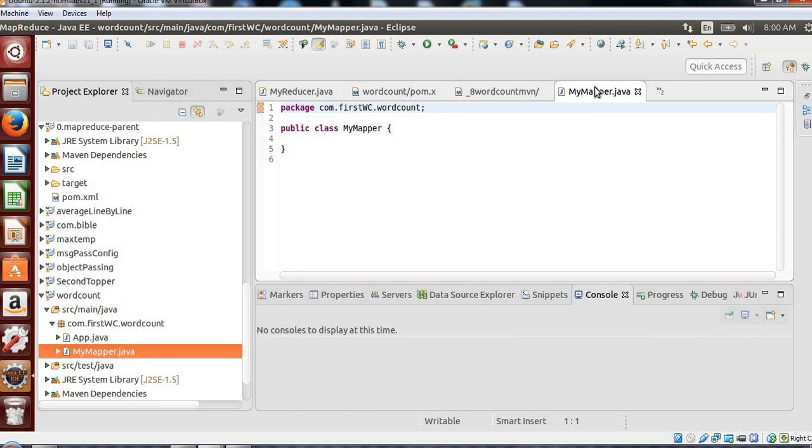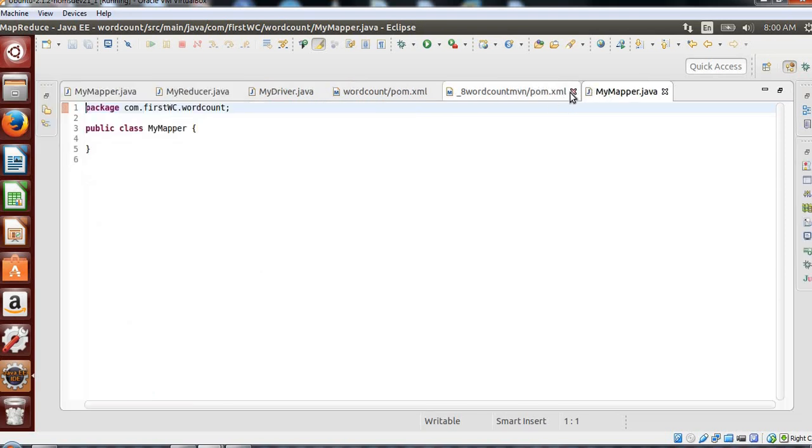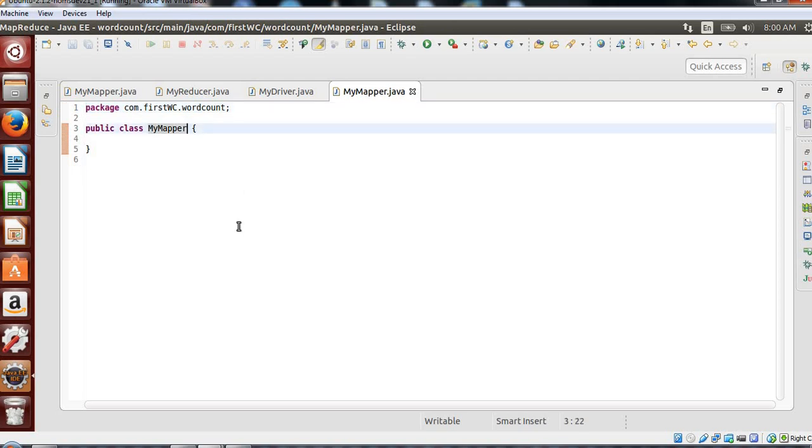Let me close the unnecessary files which are open. We'll write all our mapper related logic and implementation here. The first step is to extend the existing parent mapper class. I'll describe everything in detail once we get to the MapReduce session.